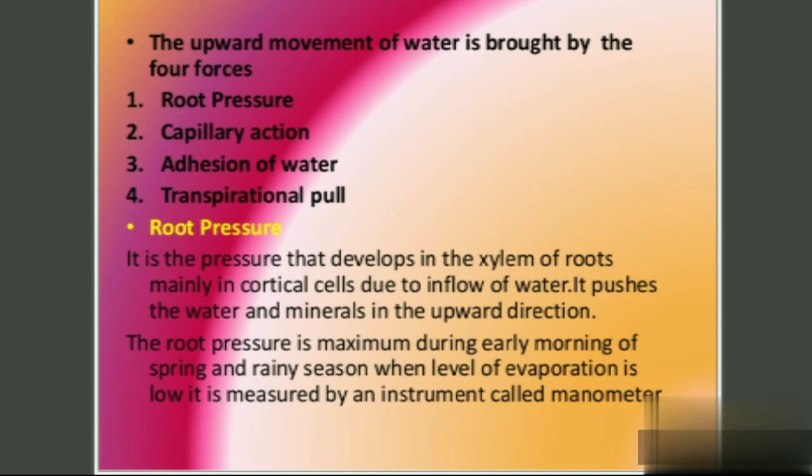Now, what are the factors, students? We will not go very deep here. Very simple. First one is root pressure. Because of the movement of water into the root hair, root pressure develops. As the pressure develops, it allows the water to move in the upward direction. Whereas capillary action is developed because of the narrow diameter. Narrow means it is like column-wise cells, and because it happens in the stem, it allows the water to rise to a particular distance, especially for the leaves.